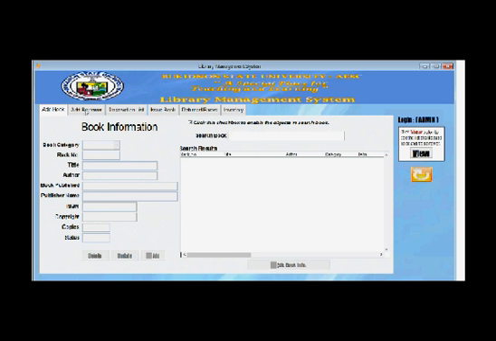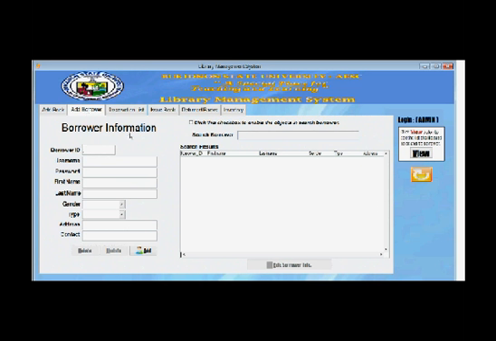Next, we go to add borrower. In add borrower, of course, we need this information so the borrower can access our web application in order to reserve books through the web. Then the librarian will input the borrower's ID, then the username of the borrower, then the password, then the first name of the borrower, including the last name,